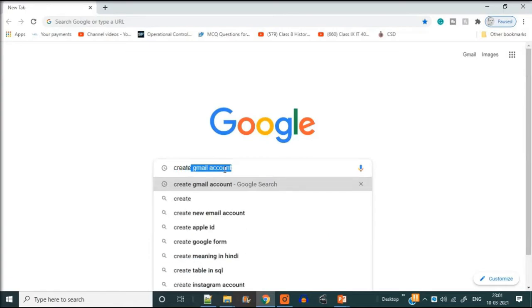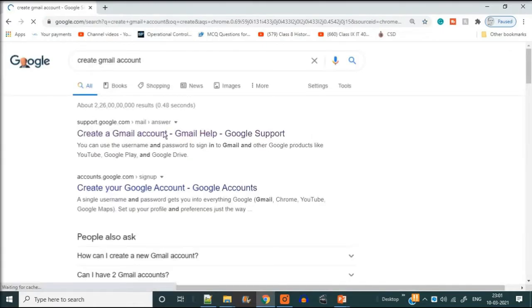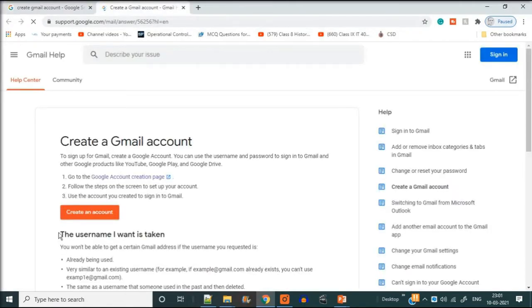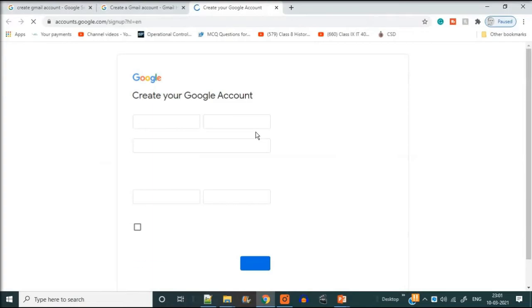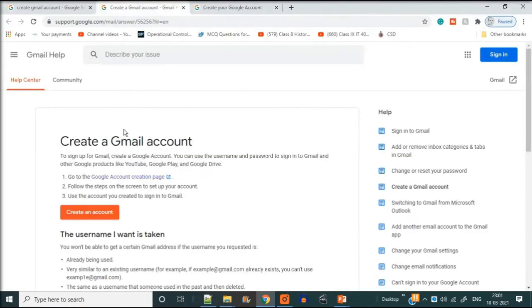Now the best thing is you can go to any search engine and just type create Gmail account. You will get certain links, and from all the links I want you to go to a single form. Even if you open this link, you'll see there is an option showing create an account. Let me open some other link so that I can tell you which form you eventually have to come to. So this is the form, second link. So this form has come. Now, even if you click create an account, this will take you to the same form.